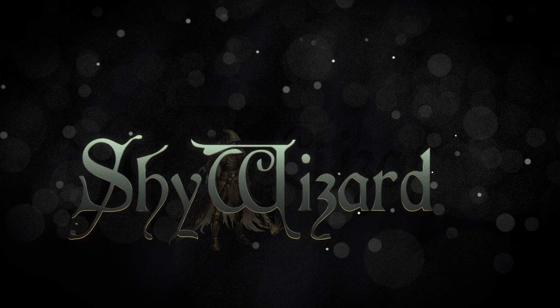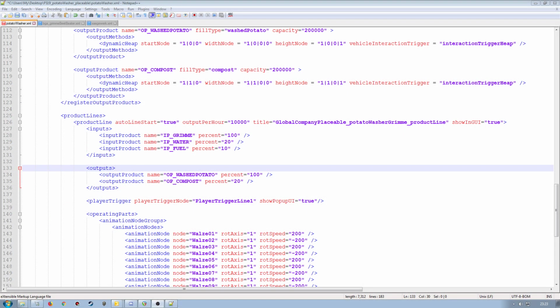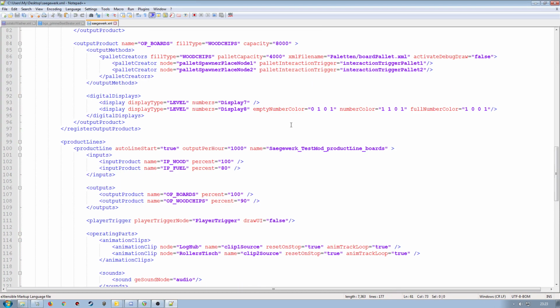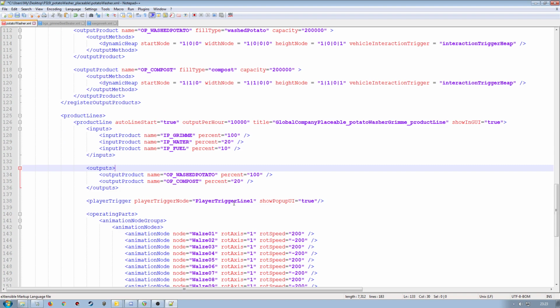Going to continue on then, part 7, I think we're up to now, of this potato washer conversion from 17 to 19. Got some of the parts here for the XML put together. I'm just using XMLs that are available from other global company mods and just working backwards to see what's what and how everything goes together, and we'll see where we end up with it also. The next parts we need to work through are